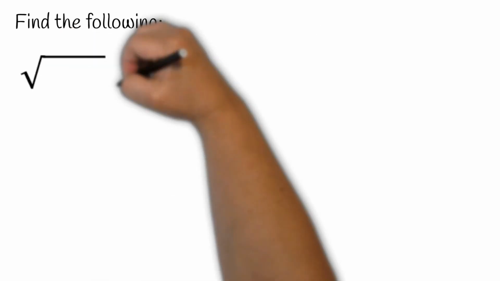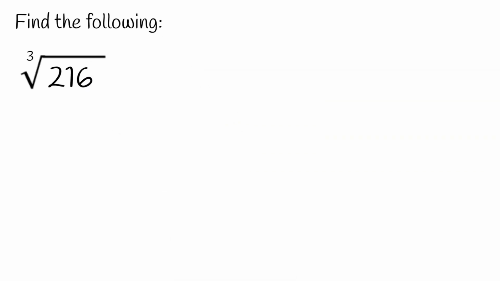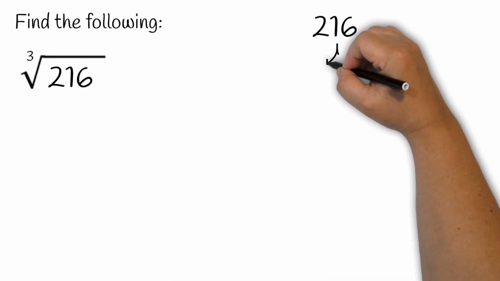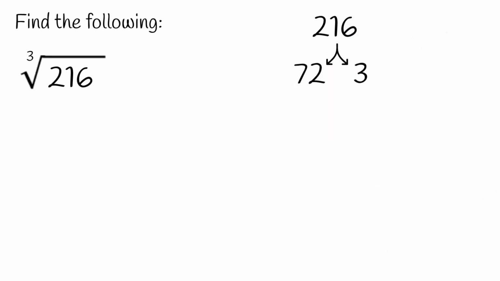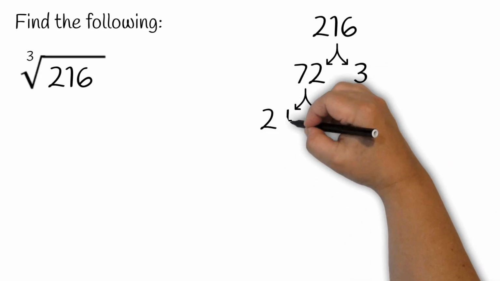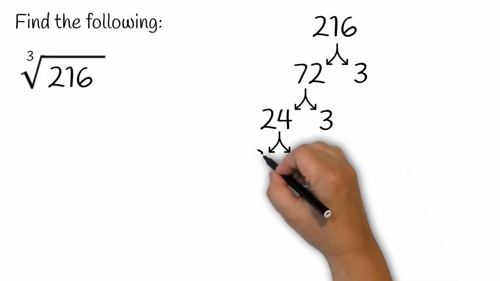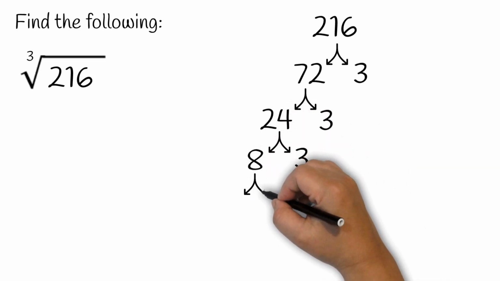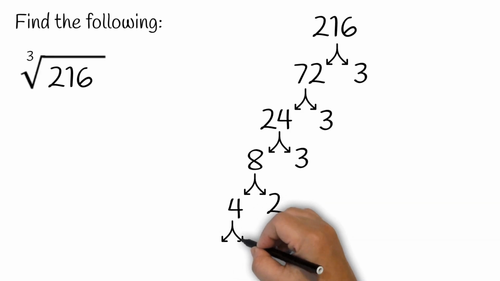Now we have to find the cube root of 216. So again, we'll break it up. So 216 divided by 3 is equal to 72. 72 divided by 3 is equal to 24. 24 divided by 3 is equal to 8. And then we also know that 8 divided by 2 is equal to 4, and 4 divided by 2 is